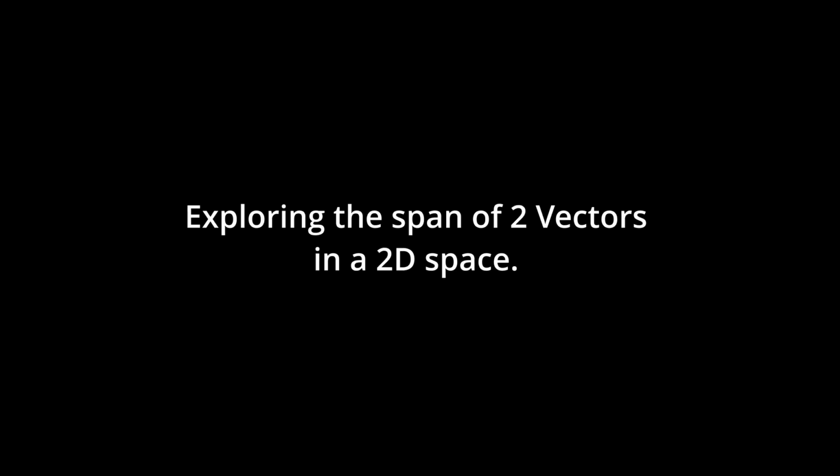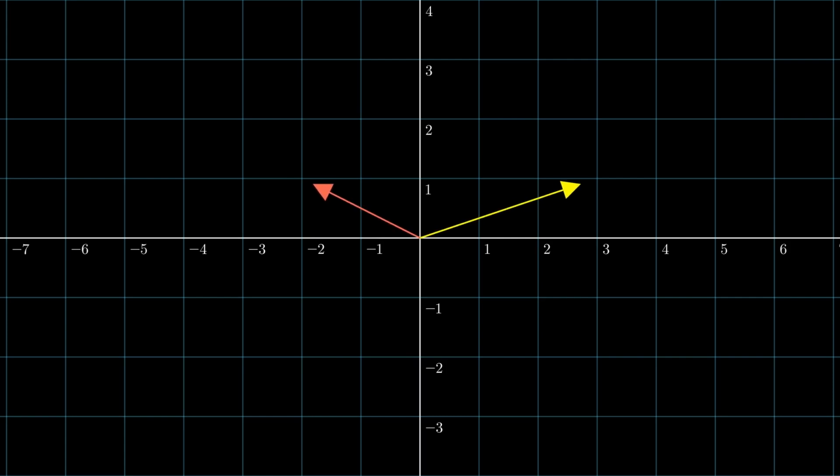Welcome! In this video, we will explore the fascinating concept of the span of two vectors in a two-dimensional space. Let's dive in. Let's start by considering two vectors, v1 and v2, that point in different directions. Here, we'll use the yellow vector, v1, and the red vector, v2, to explore what their span looks like in